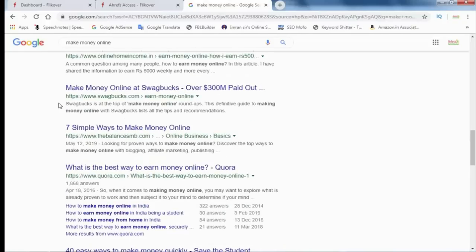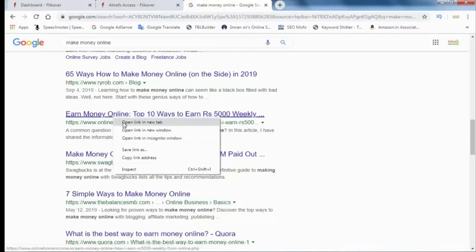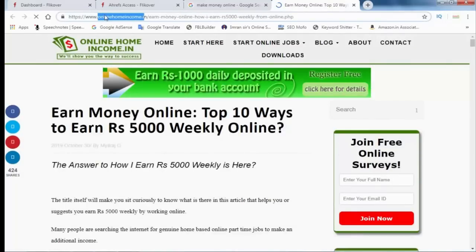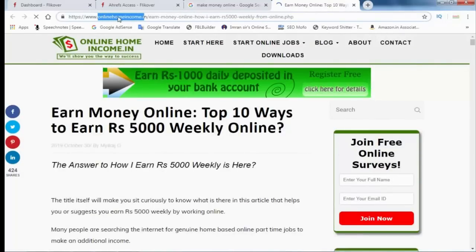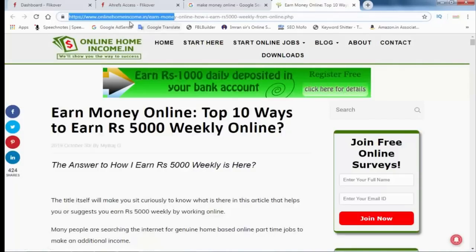So what we need now is to check these websites. For example, online income. I will check this website in Ahrefs. Ahrefs will show how many keywords this website ranks for on Google's first page.